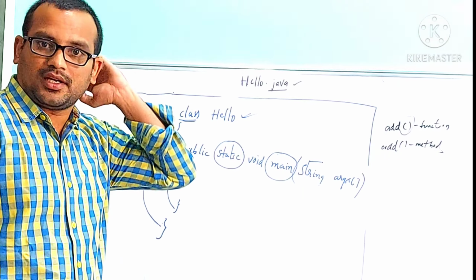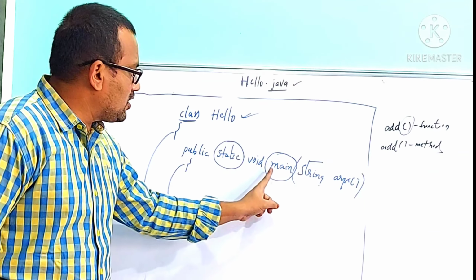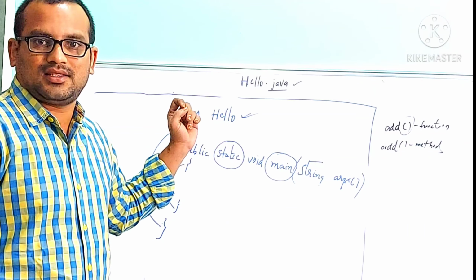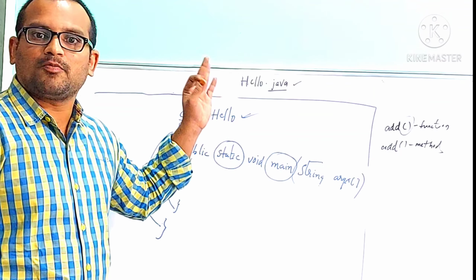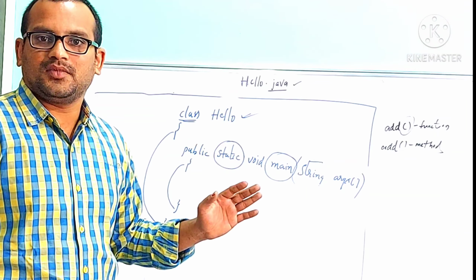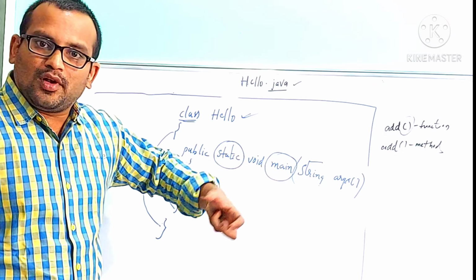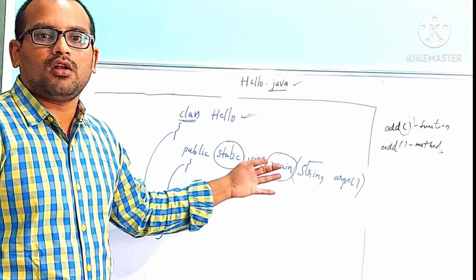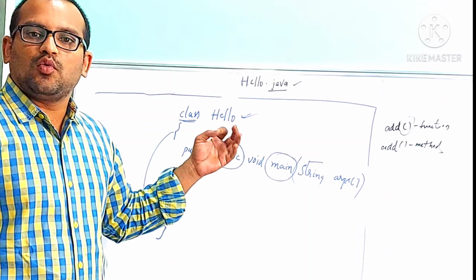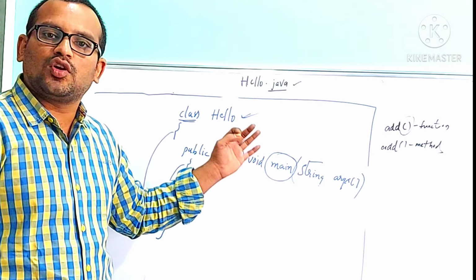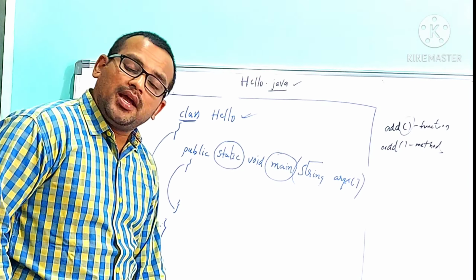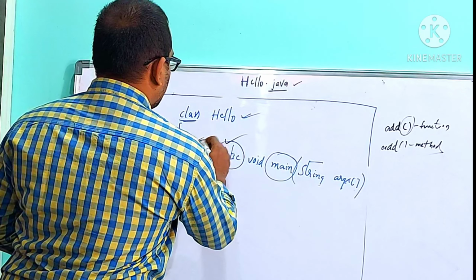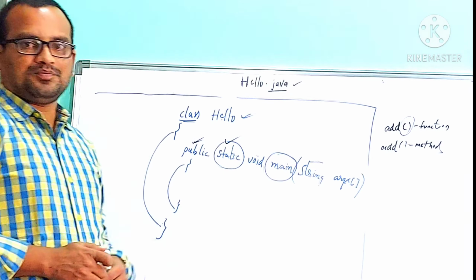I am telling you again, repeating. If you want to access the main method which is available inside the class, you need to create an object. How to create an object we will discuss later. Through an object only we can access a method or variable inside the class. So if you want to access a method or variable without creating an object, you need to make that method static.